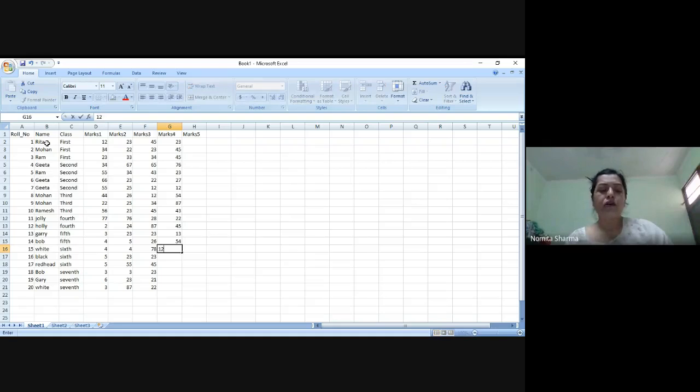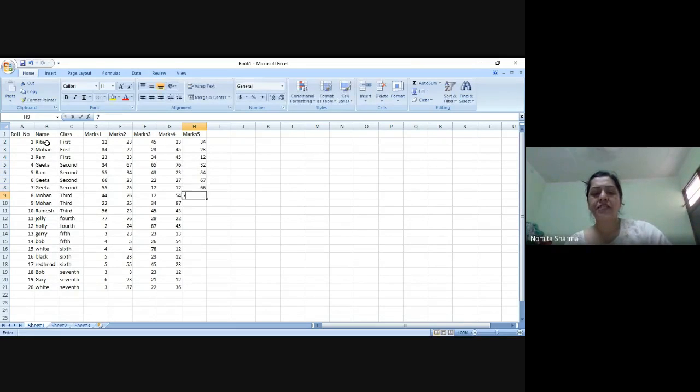In the value section, you will see that it will not allow you to have the text field. That means it won't allow you to do any processing with the text. For example, if I want to change the name or sort the name, it won't allow me to do that in the value section. But if there is any numeric value, for example summation, count, or any other numeric processing, that will be done in the value section.